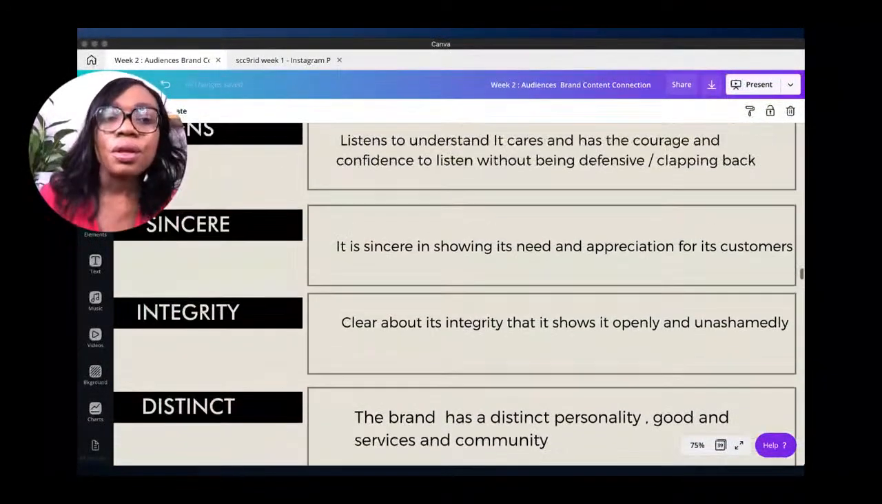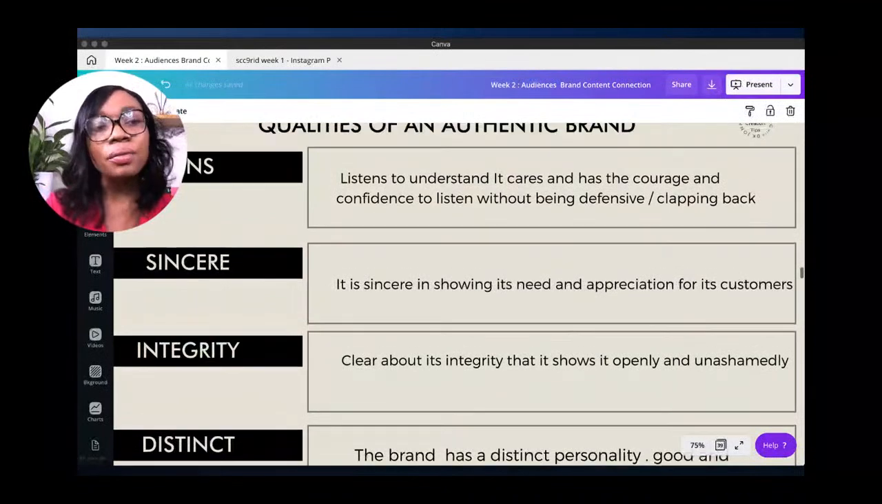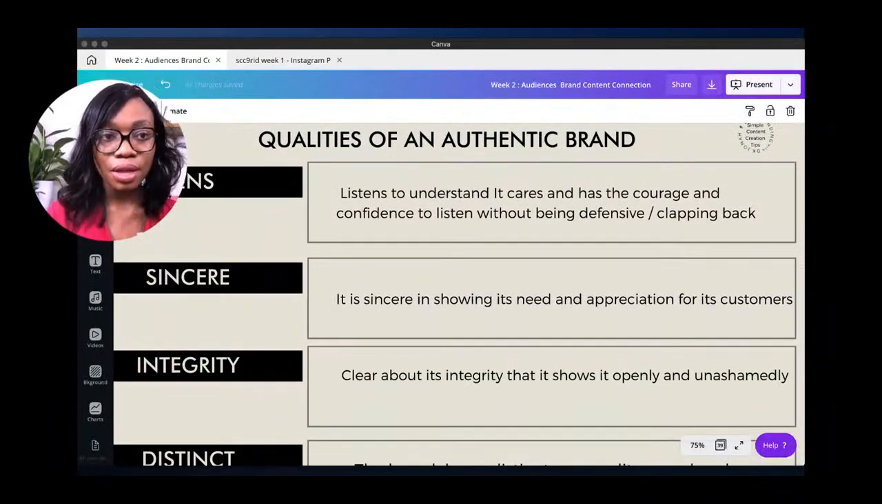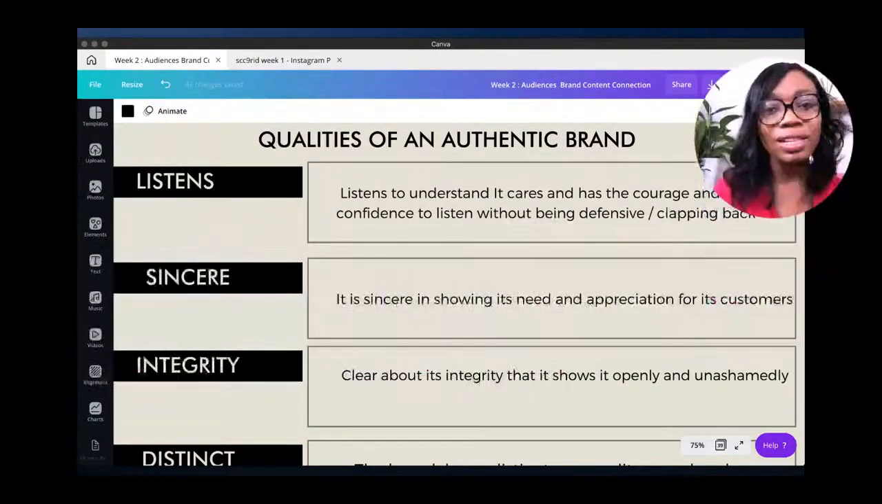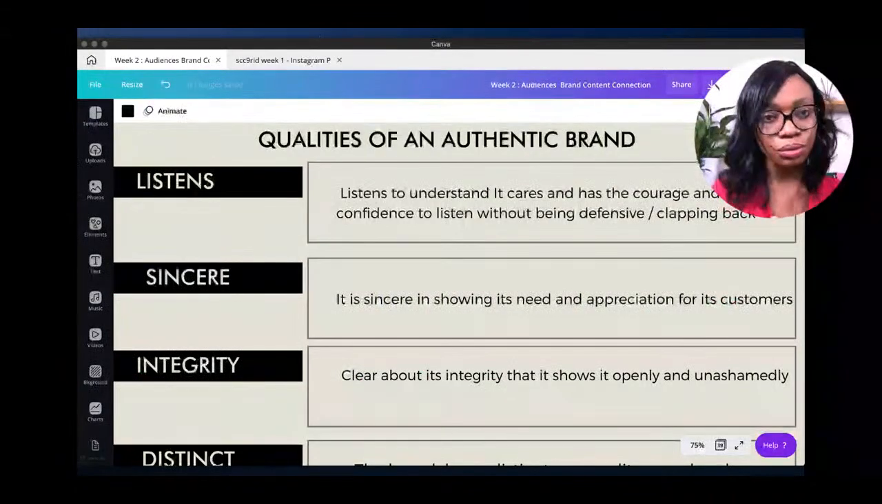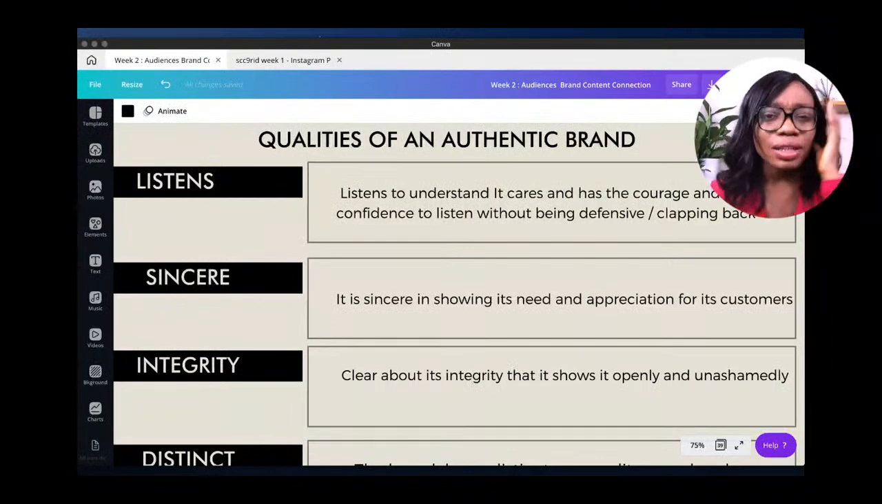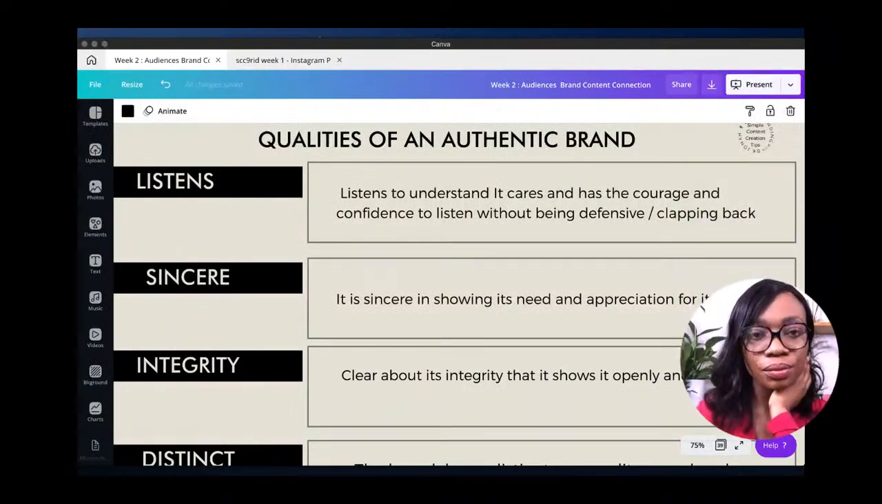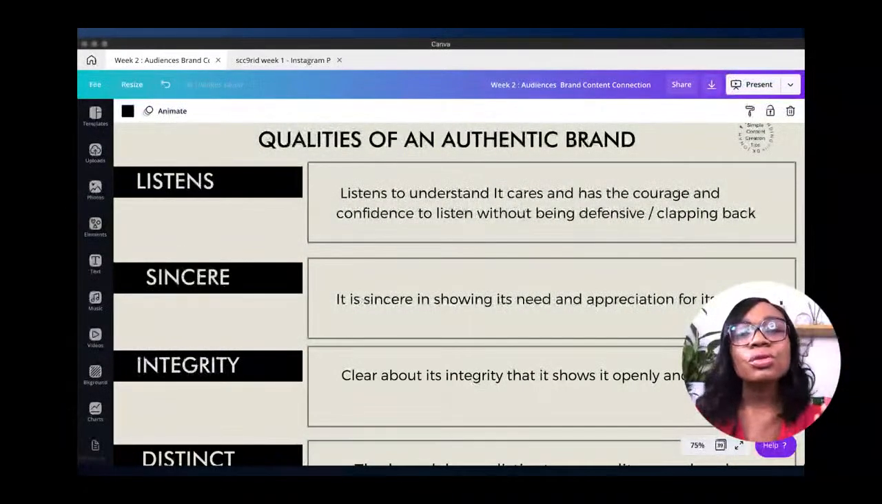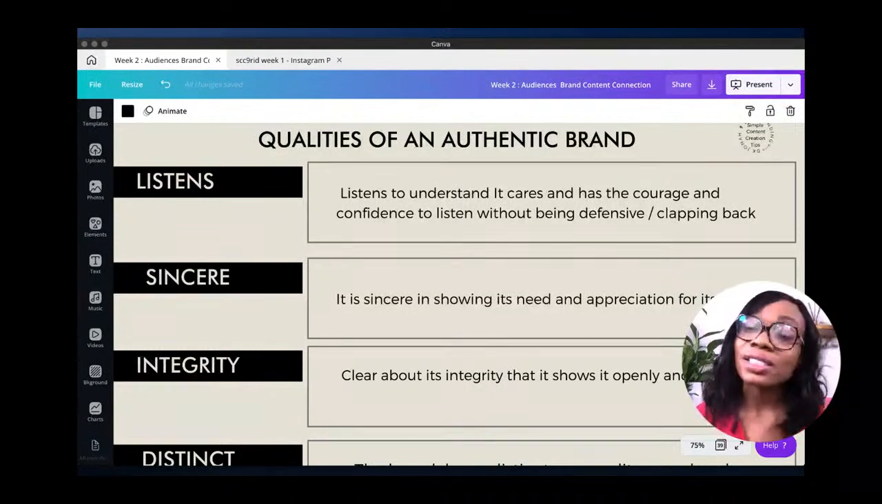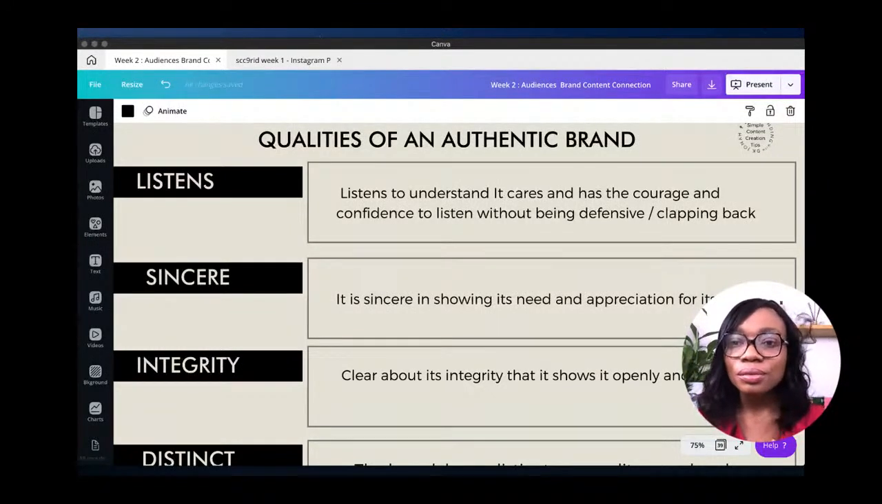Okay, so before we go to target audience, this is what I want you to do as a brand. I want you to listen to people. Listen to understand. Don't listen to respond. It takes courage to be able to listen to what somebody is saying, and it takes confidence to respond without being defensive. So many times,